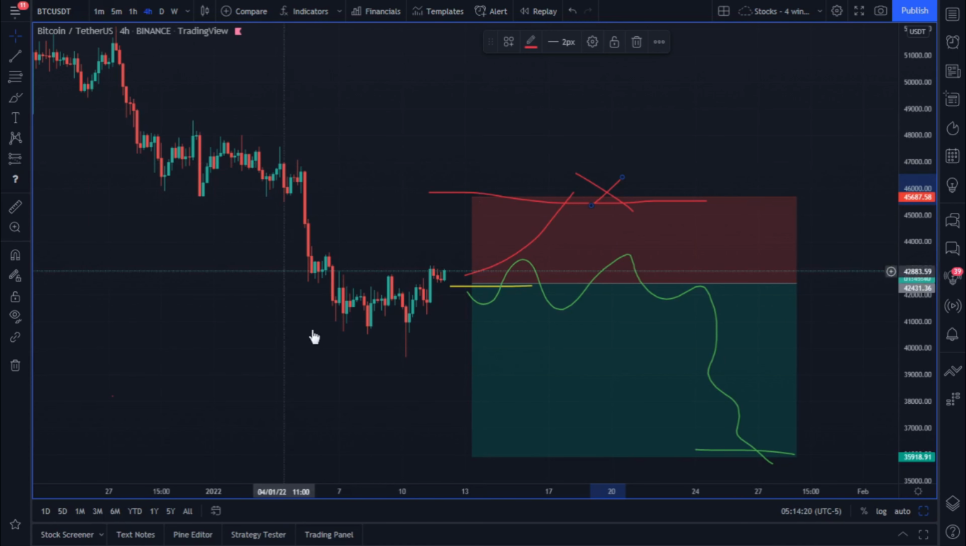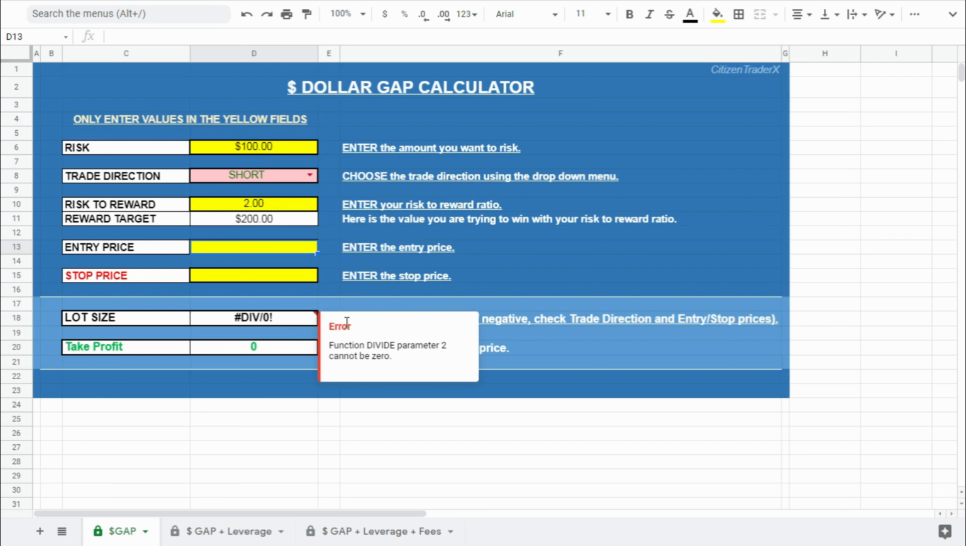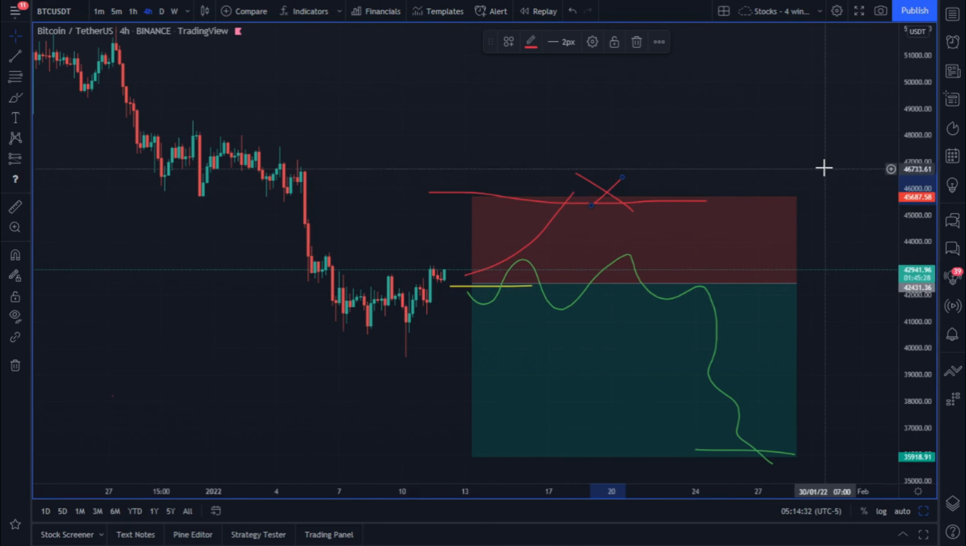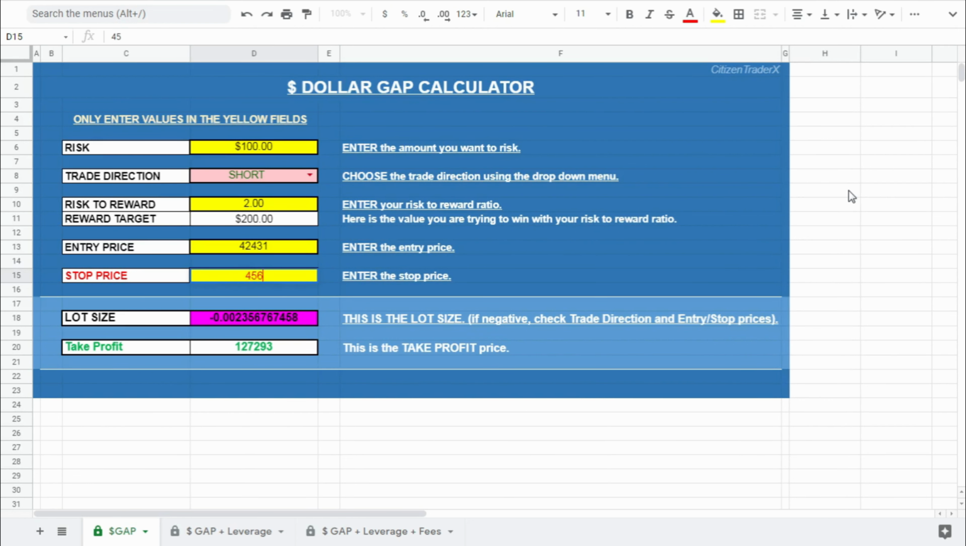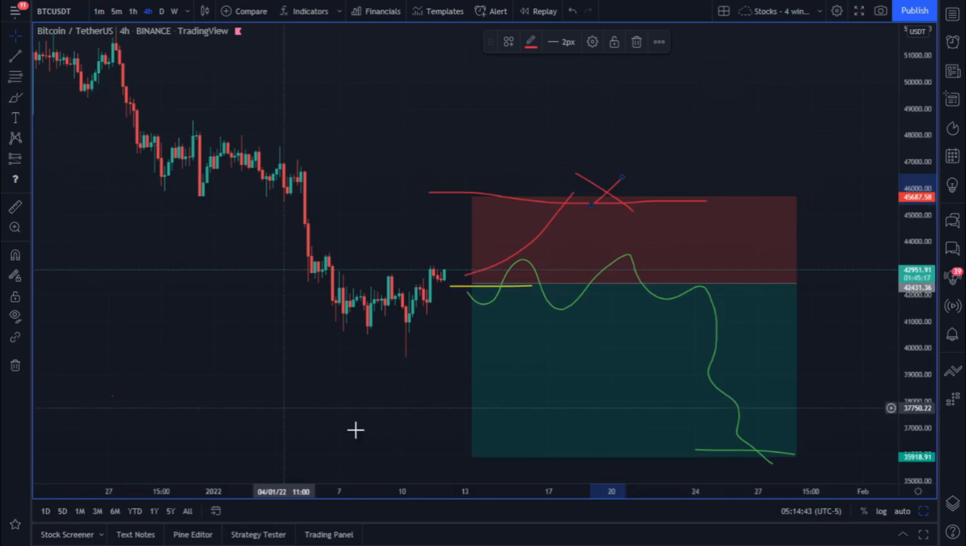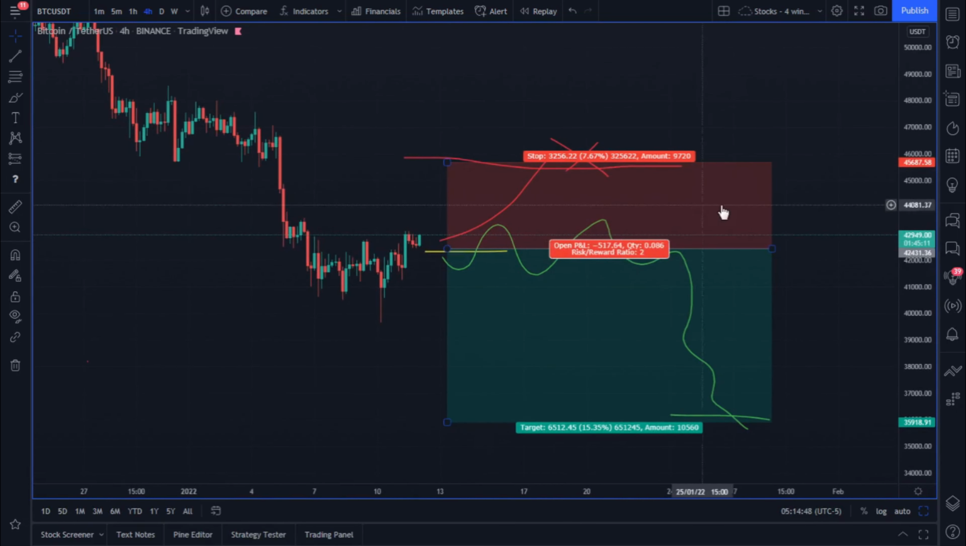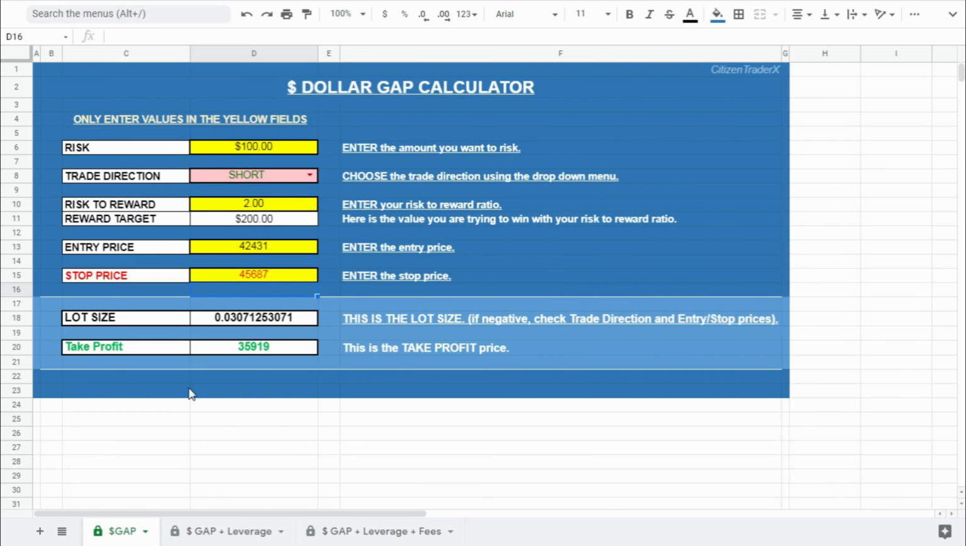Our entry price now is 42,431. And our stop price, because we're going short, is above. So it's 45,687. There we go. So in order to play this trade, only risk $100 in this gap. To try and double our money to here, we need to sell